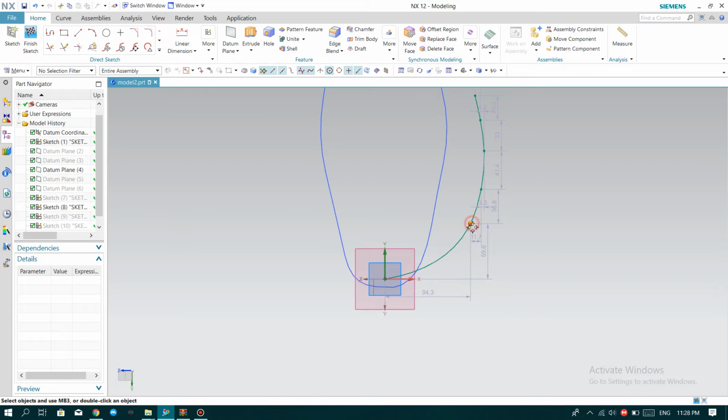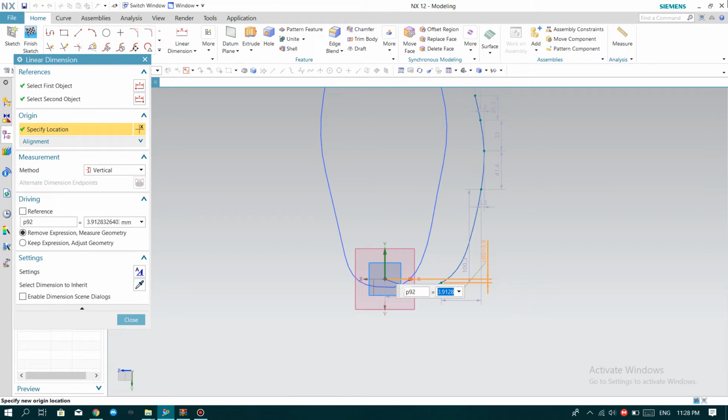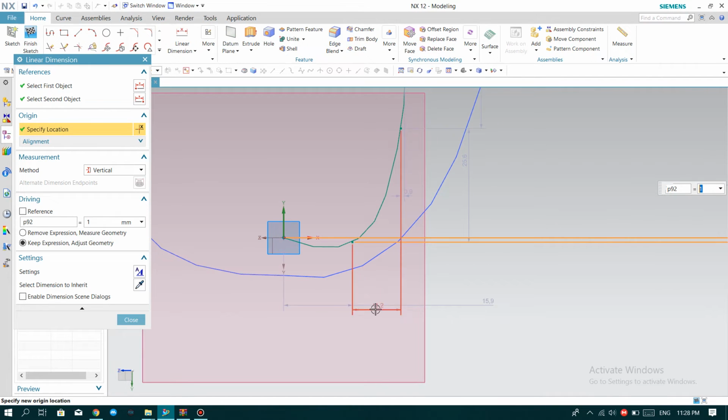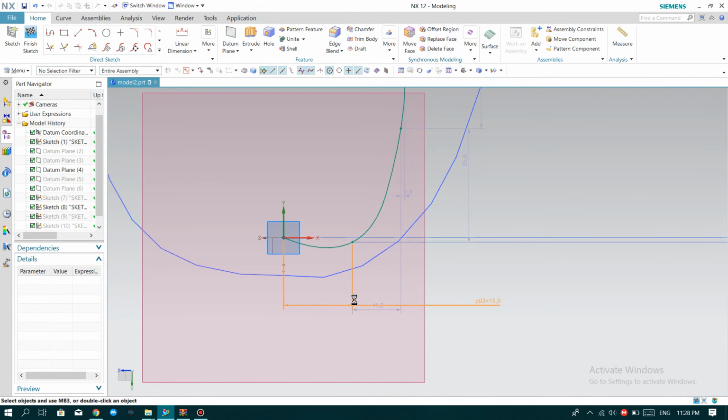It should be moved a little bit. And set this dimension to 1, and this dimension is